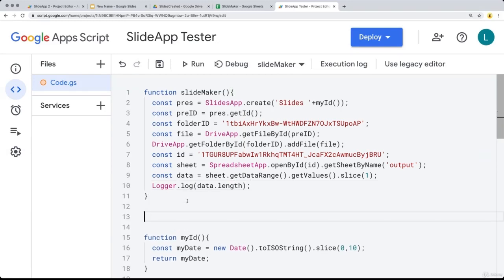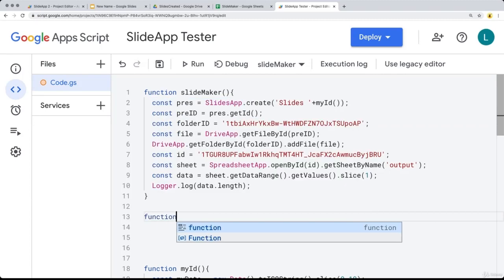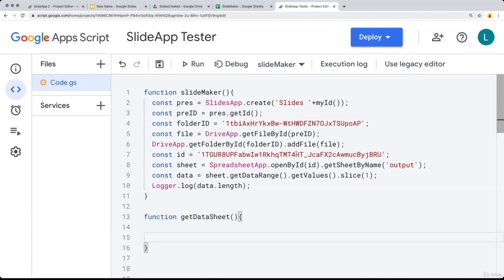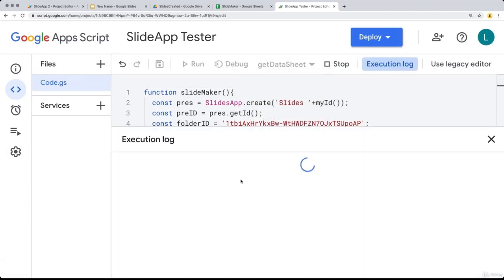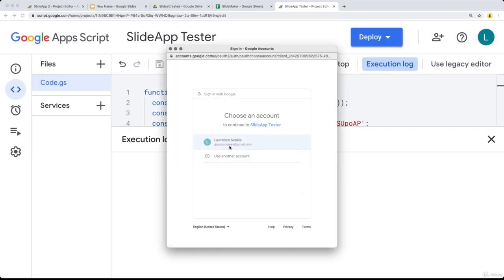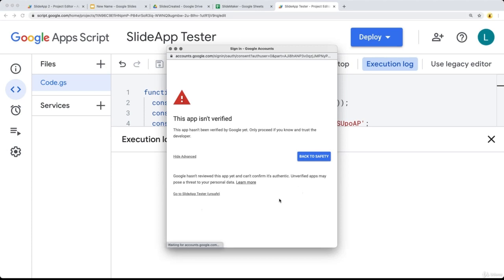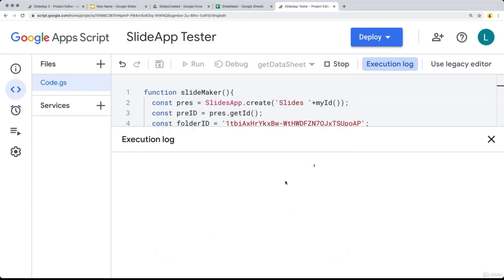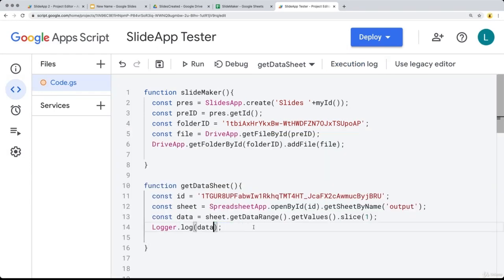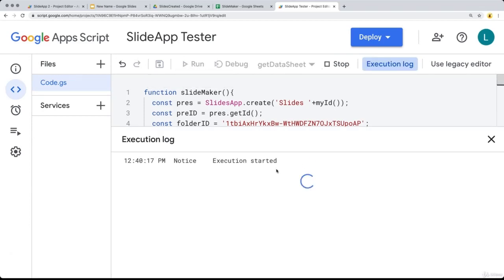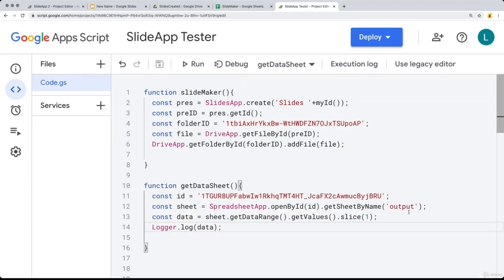And I'm going to separate this so we don't always have to keep creating brand new slides. And data, sheet, and then let's get the data sheet separately. So run this function and just review the permissions, accept the permissions, because again we're adding in and using the spreadsheet app class. So it's going to require some different permissions, and we've got the 15 rows of content, and you can also just output the data if you want as well, just to make sure that we do have the data. So all of the data is now present,